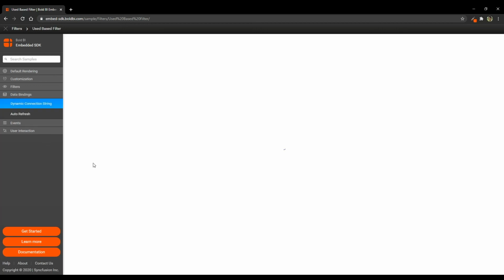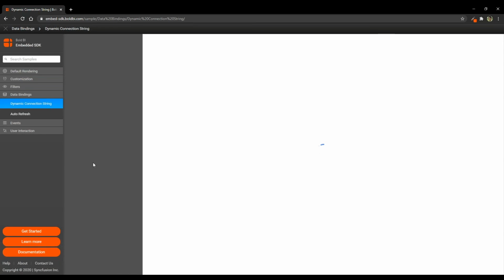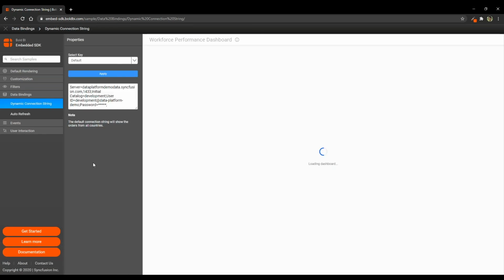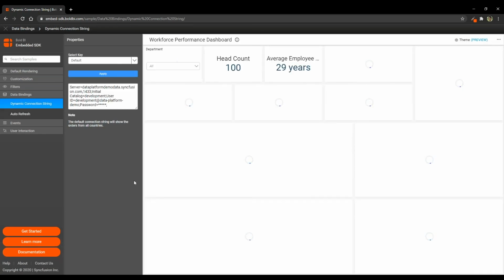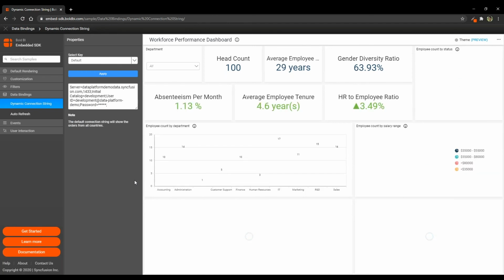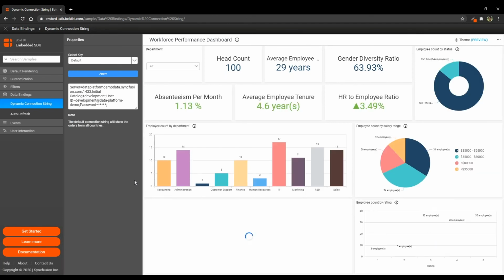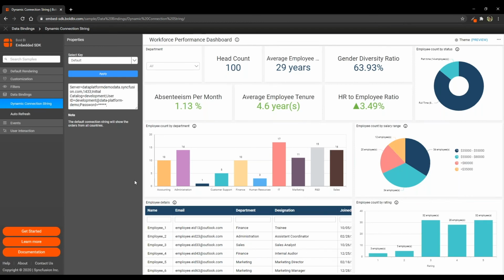So next, let us see about dynamic connection string. Again, with the same example, let me explain. Admin will be able to see all the departments' data, and certain people will be able to see their departments alone. But what if the company feels that Volbe doesn't need to handle this security layer? Let us handle the security layer on our end, that is the database side.